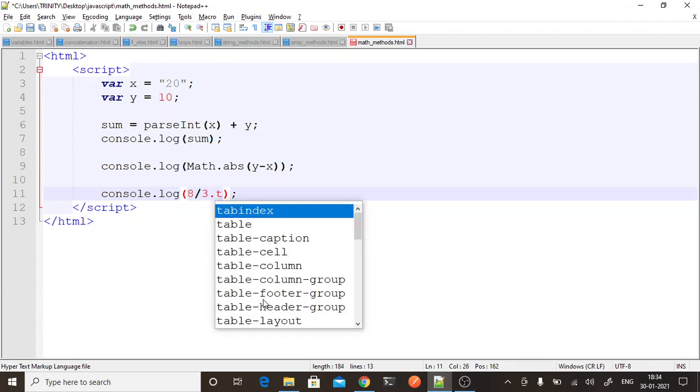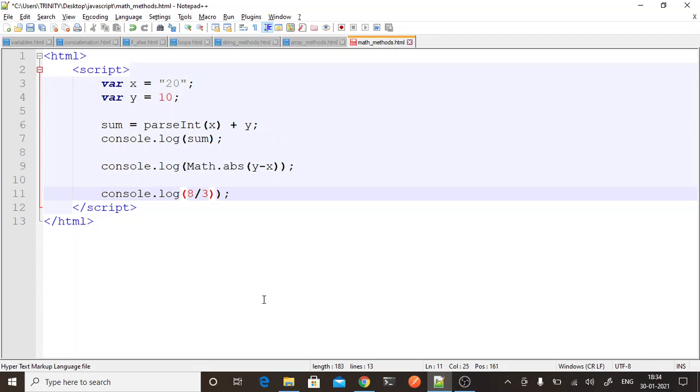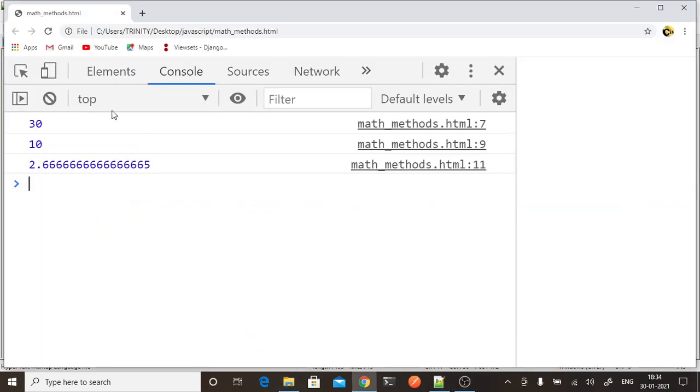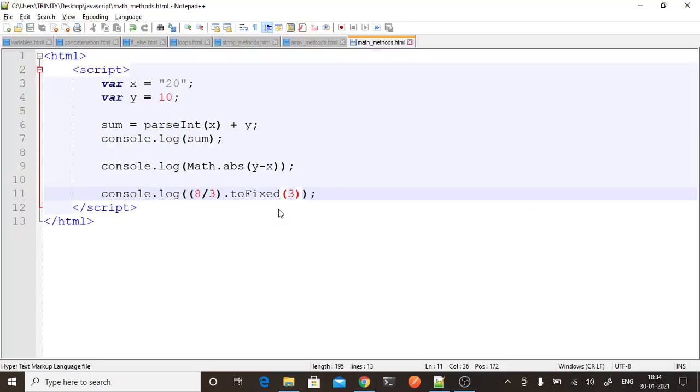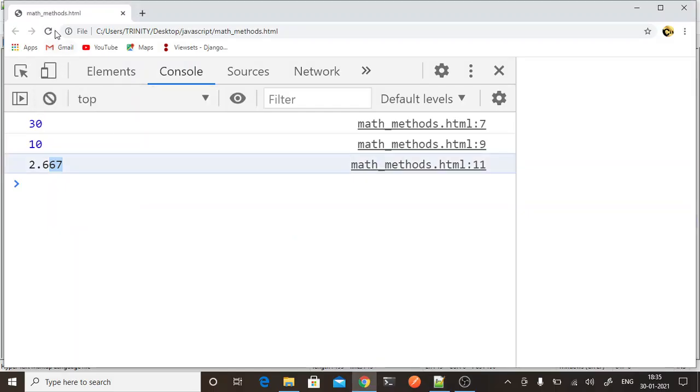So I will use the toFixed method and I will pass to how many decimal points I want to fix it. So I have given 3. So 3 decimal points I am getting now. If I give 2, I will get 2 decimal points.